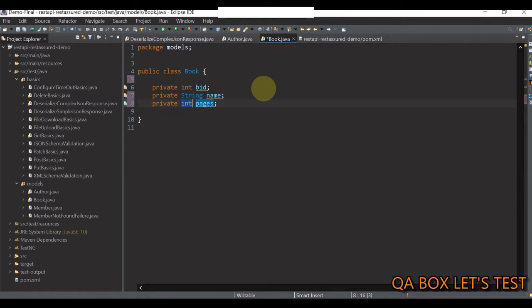Now, besides declaring these 3 properties, we need to make noargs and required args constructors, getters and setters for all these 3 properties, and a toString method. This leads to a huge amount of boilerplate and avoidable code. Not only does this add nothing to the business logic of your testing, but writing it is an unnecessarily boring and time-consuming process. This is why you should start employing tools and libraries to make you more productive by avoiding this. That's where Lombok comes into play.